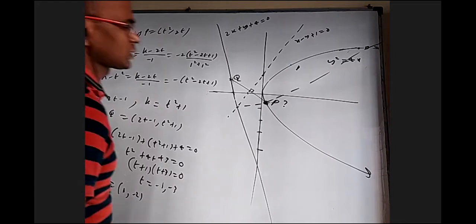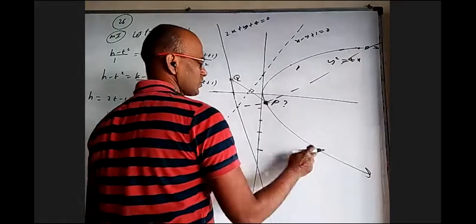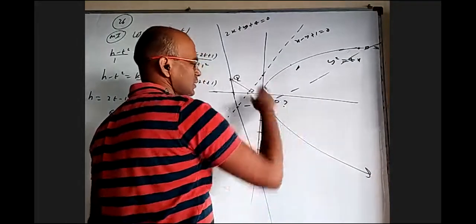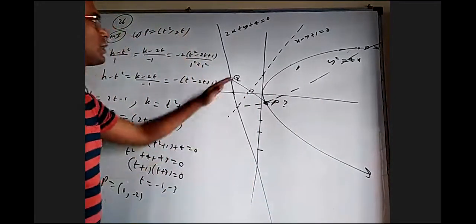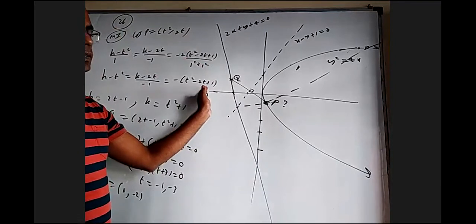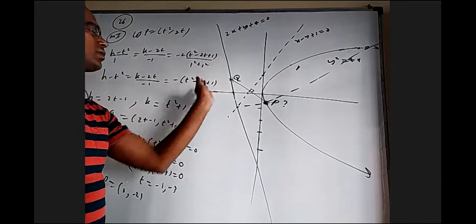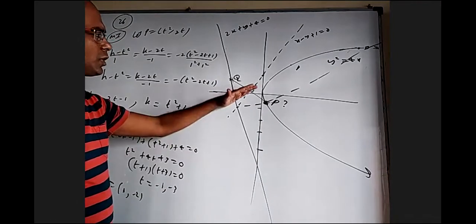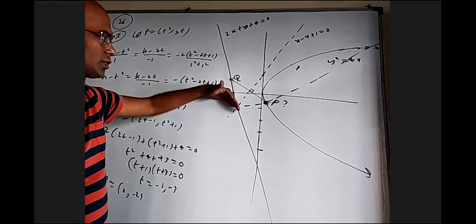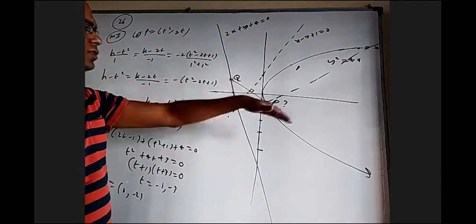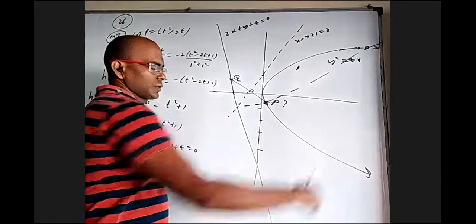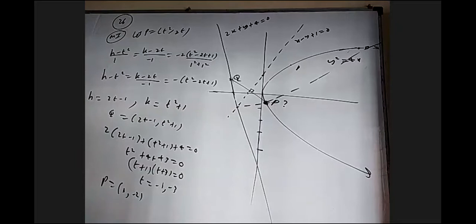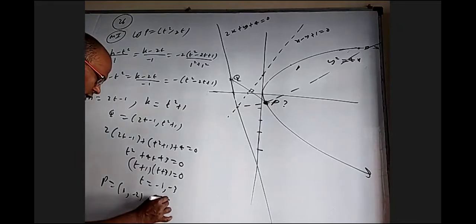T equal to minus 3 means that is also somewhere here. That means this line is like this. Maybe this line is too slopey. Yeah, this line slope is minus 2. This line slope is 1. Perpendicular to that, minus 1, minus 2 would have been like this. So maybe it would have gone like this. Yeah. So another point is 9 comma minus 6.